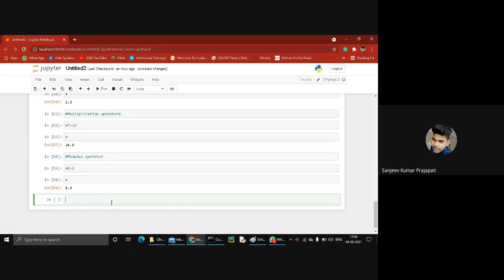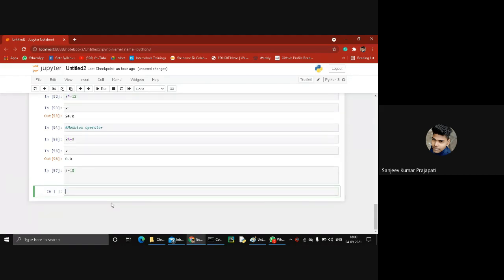So it's fine, right? So next is exponent operation. We have to create another variable like z equal to 10 and perform that exponent. z asterisk and equal to 10.